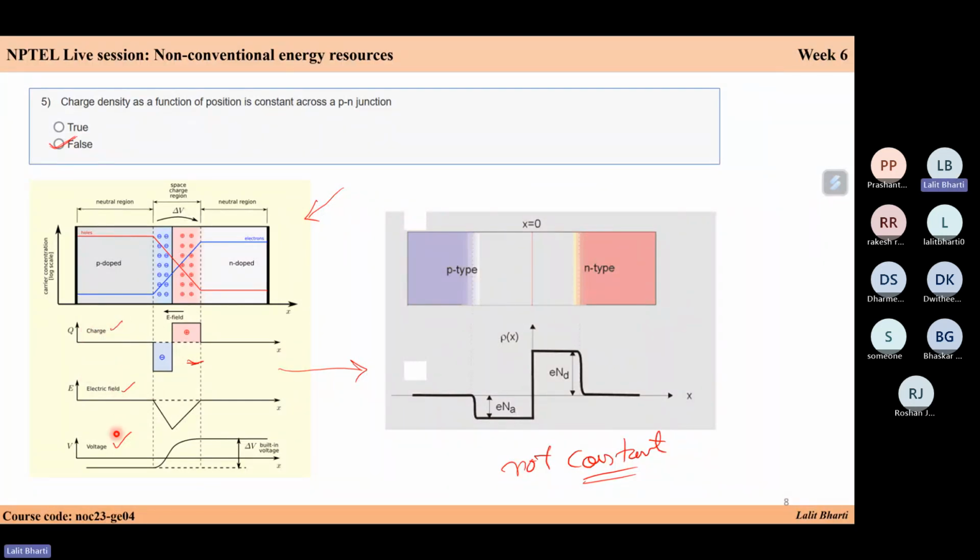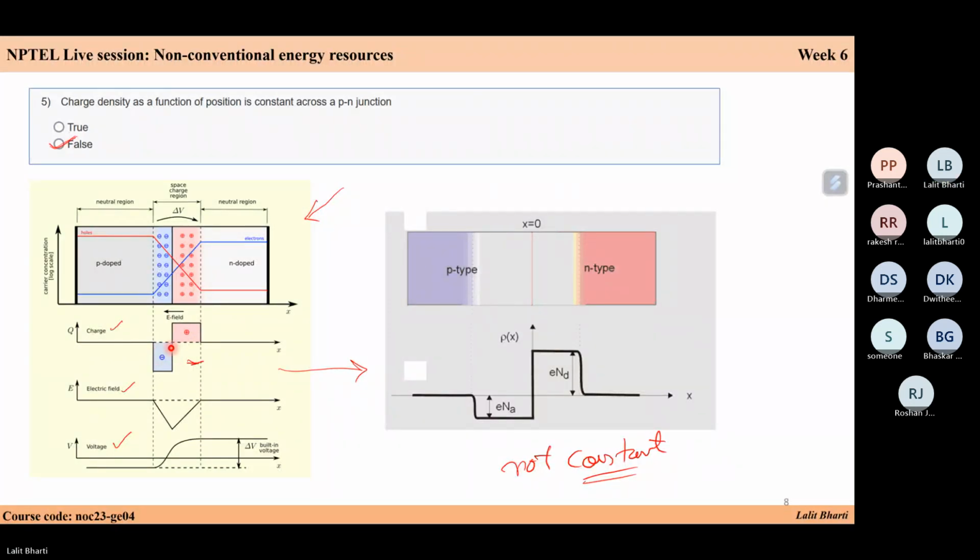This is the distribution of electric field. This is the distribution of voltage. So at the N side, we have the positive charge at the junction, not at the N side. This region is the space charge region. So we will have the positive space charge region here, and the depletion layer with your space charge region for the positive side is slightly higher than the